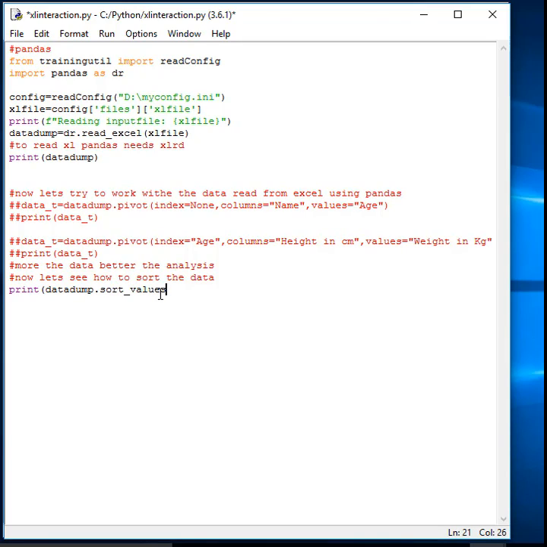Now we will see how to sort the data in the data dump data frame. There is an option called sort_values. We can say what needs to be sorted. Sort based on age, whether ascending or descending. For example, here we are giving age comma height in centimeters. I want it to be sorted by age only in ascending, so I can give ascending, within brackets, True comma False, which means it will only sort by age, and then I can give